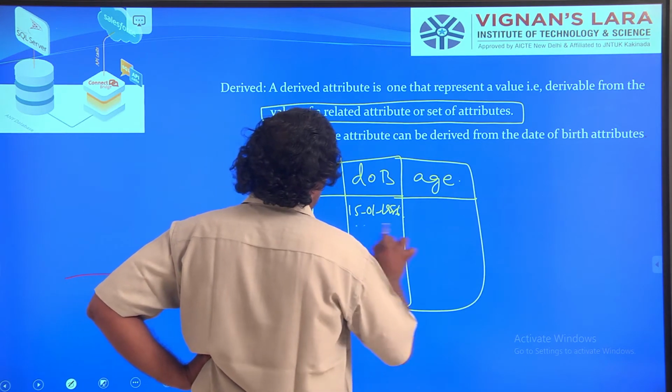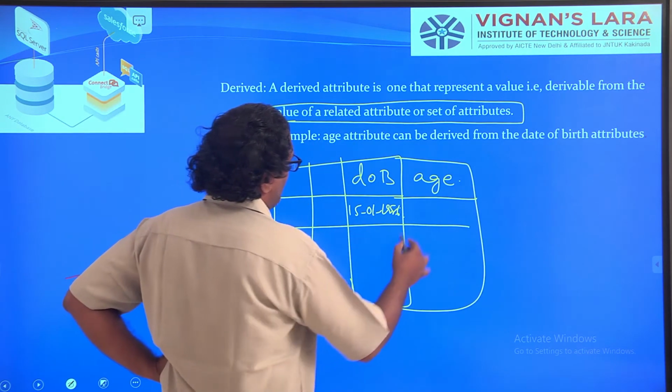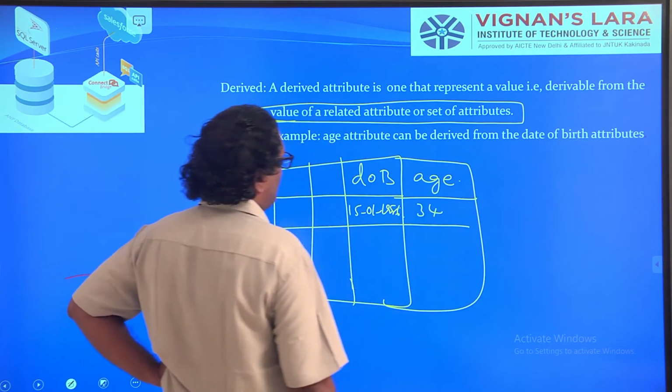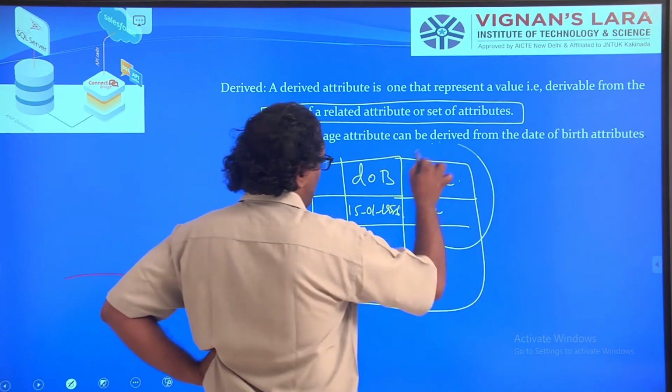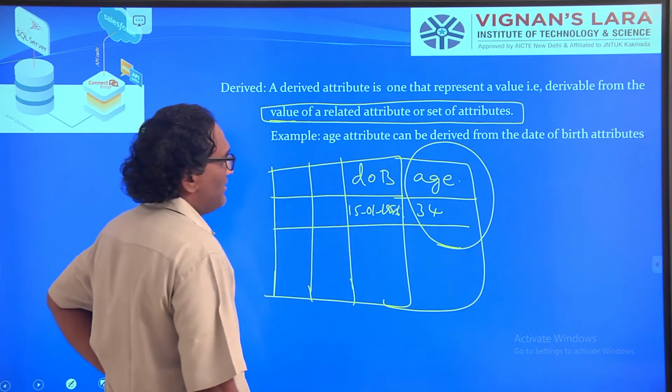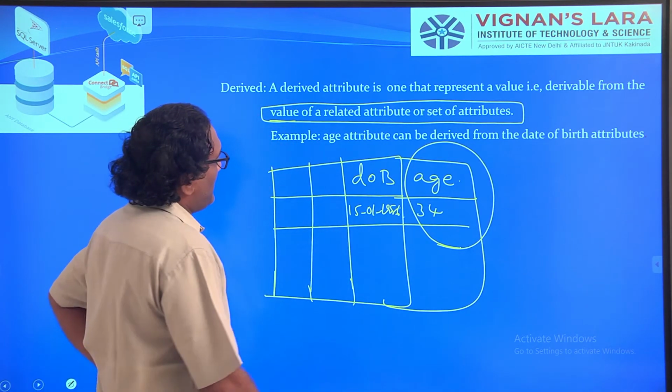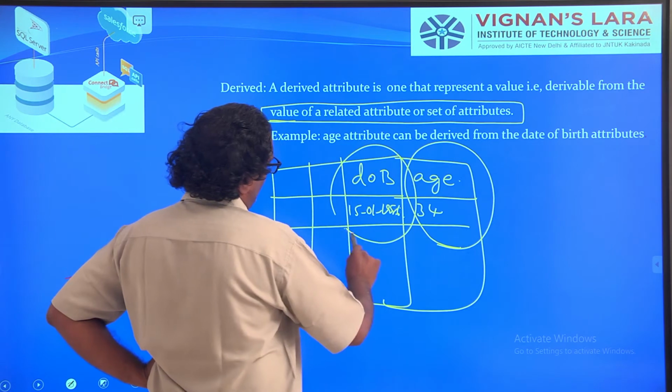So what is the age? Suppose consider it is 34 years of age. What can you say? This age attribute is dependent on the date of birth attribute.